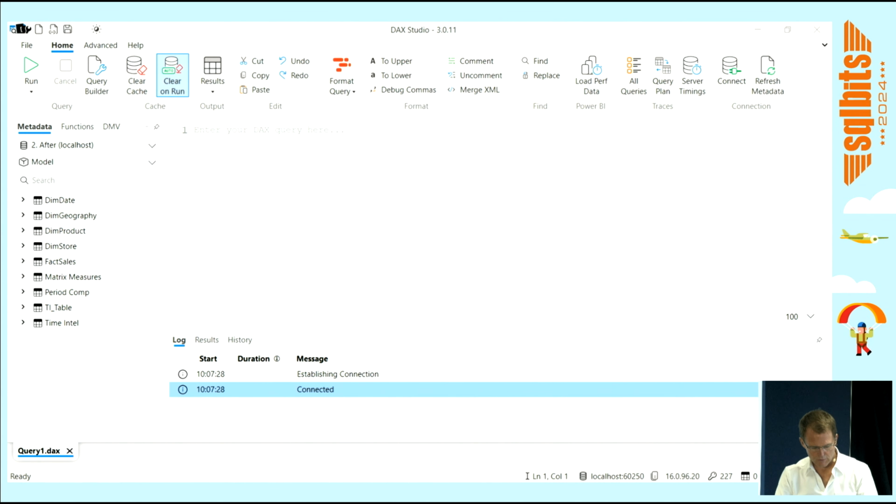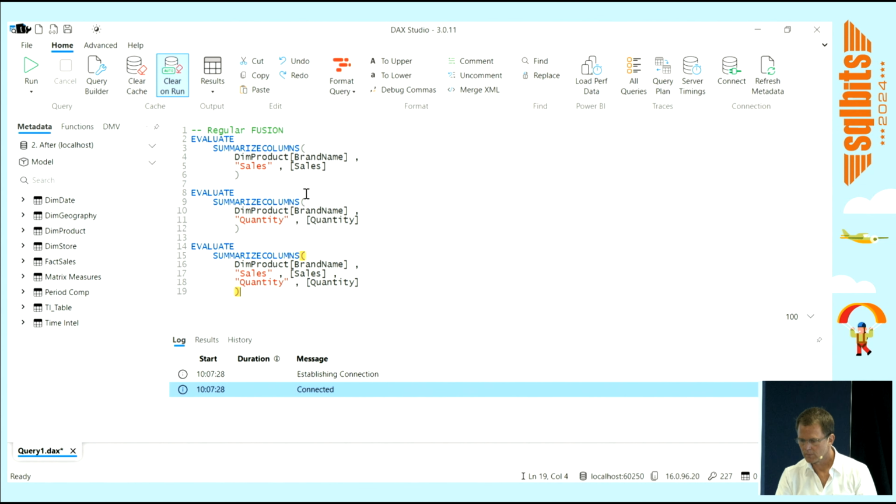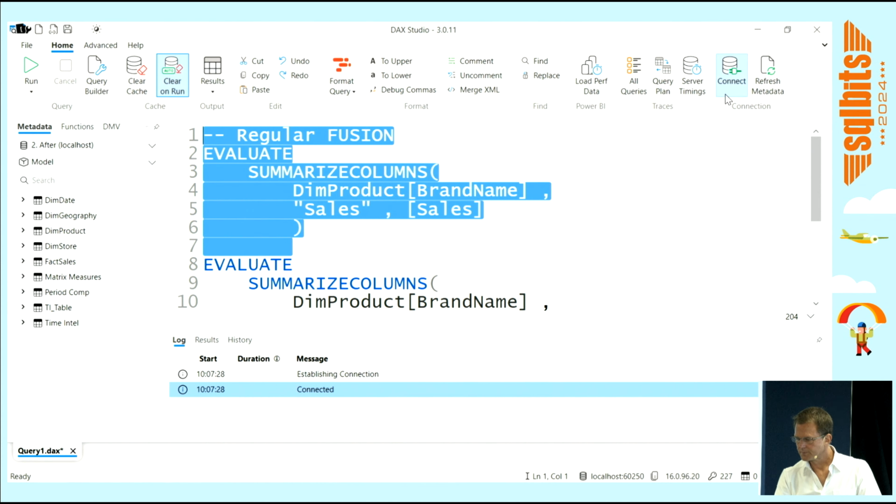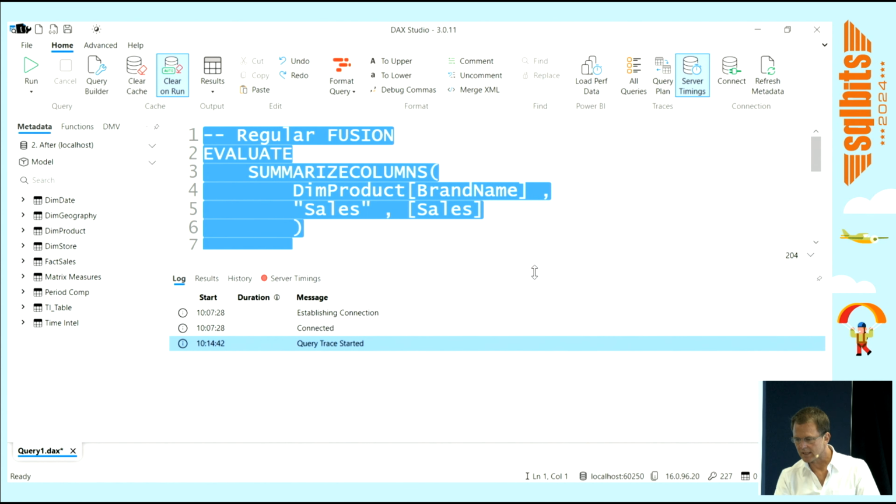Let's focus on regular fusion first. Okay, let's zoom right in. Cool. And I'm going to turn on server timings. Hopefully you've done this before, so you'll be familiar with that task. So what I'm doing in this very first query, there's going to be no fusion here, but I'm interested to see what the storage engine is going to do, what it's actually going to do on its trip to this supermarket. We're grouping by brand name,